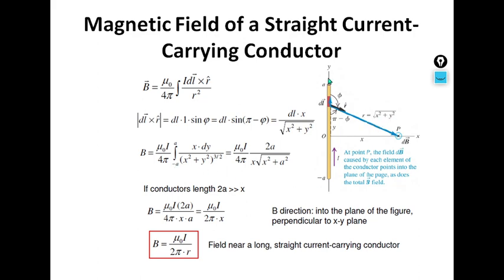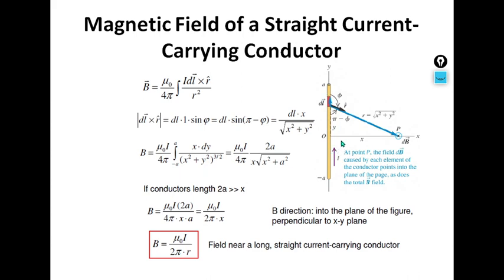Now from minus a to a, this is the total length, so we can do the integration. Then you can find mu 0 I by 4 pi, 2a by x root over x square plus a square. Now if I take that this is a very long conductor, and I want to find out the magnetic field near to this conductor, not at a very large distance, we want to find out near to this conductor what the magnetic field strength is due to this current carrying conductor.